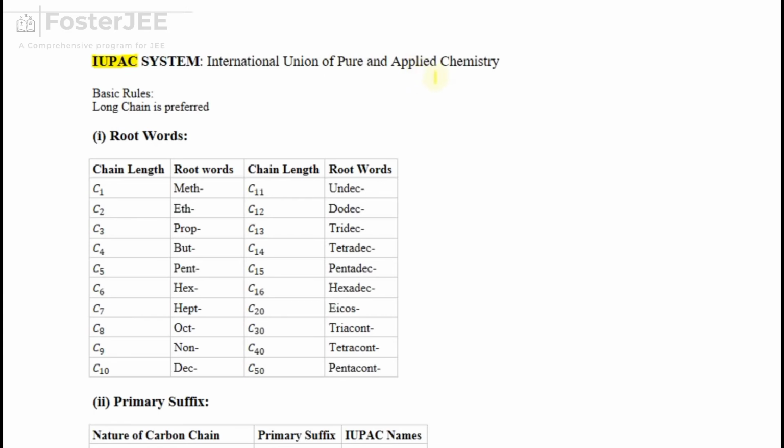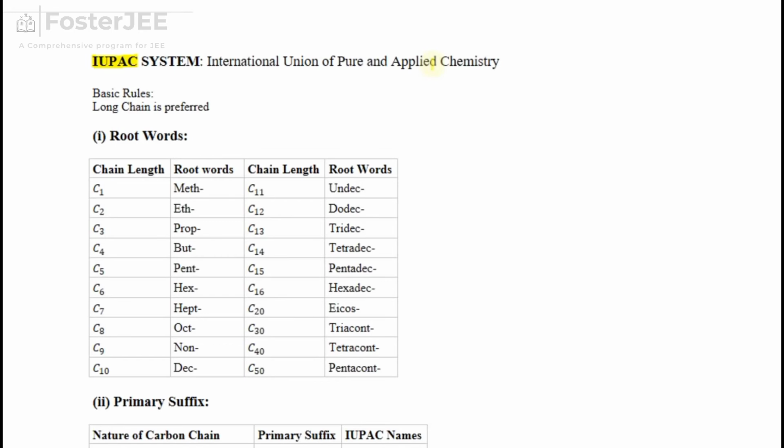The IUPAC system is the most modern and largely used system. It has a set of rules for naming organic compounds on the basis of their structure. The name assigned on the basis of the latest IUPAC rules to an organic compound is known as its